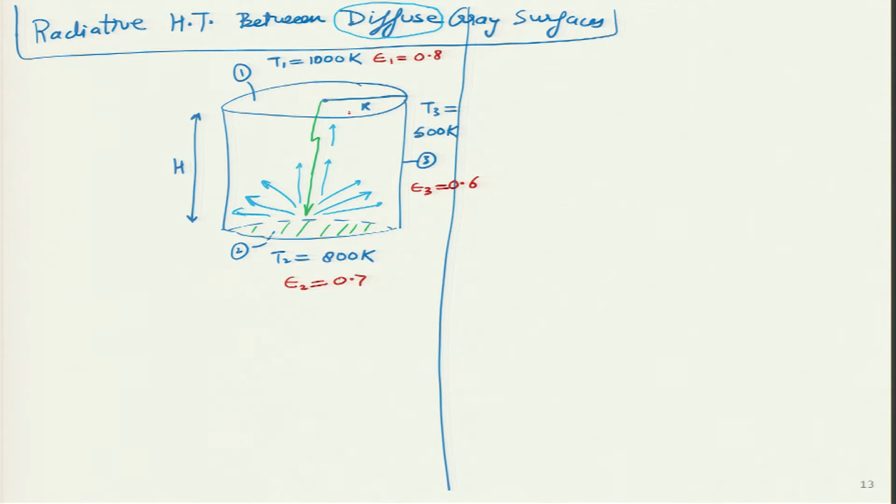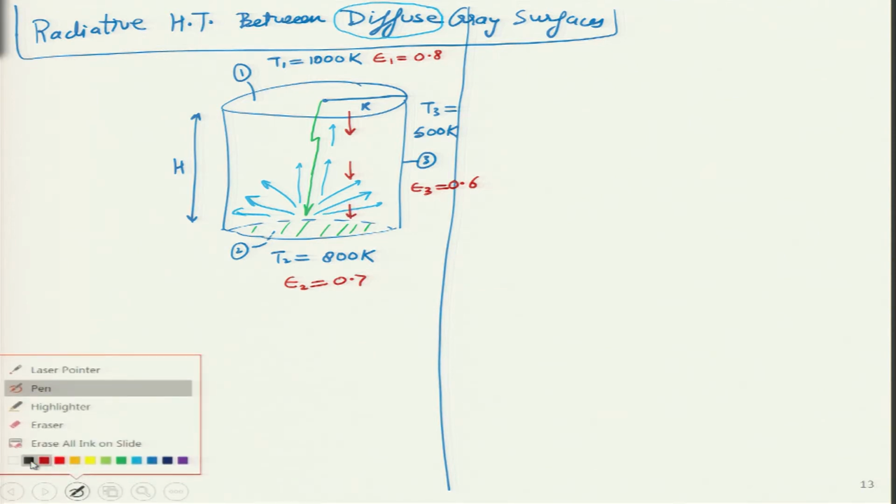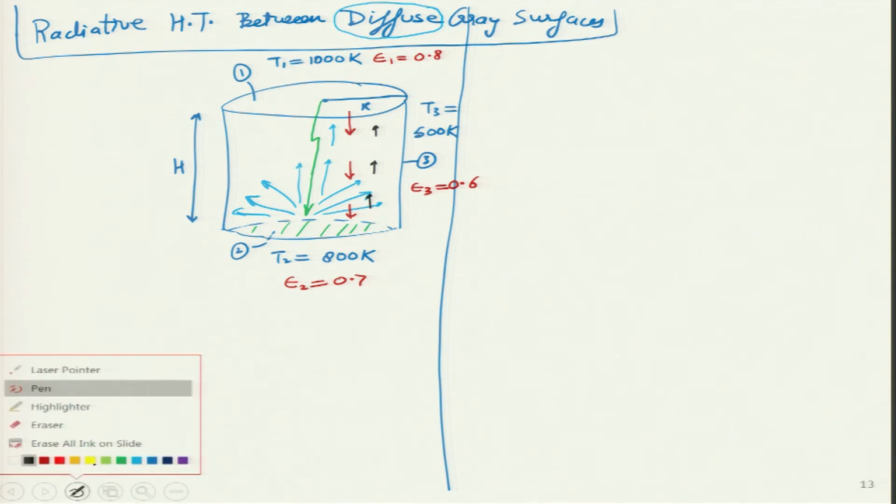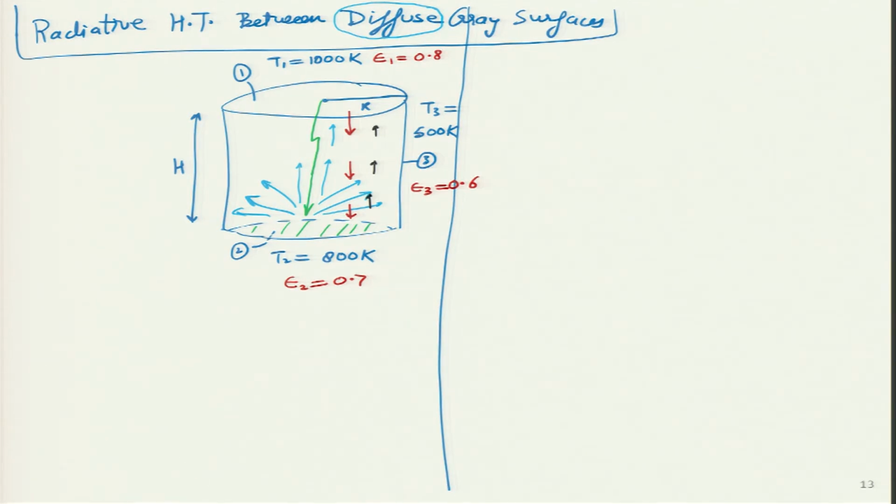Now, when surface 1 is viewing that particular blue arrow, the heat coming from surface 2, it itself is not a black body, which means it will absorb a certain portion of that, and then some part it will again reflect back over here, which means this process may keep on continuing. So, I can keep on using different color arrows, their length will become smaller because the magnitude of the reflected radiation becomes small, but you can see it is a sum of an infinite series, and this is just one part. Then 2 will also emit, because it is a gray body diffuse emitter, it is emitting on all sides.